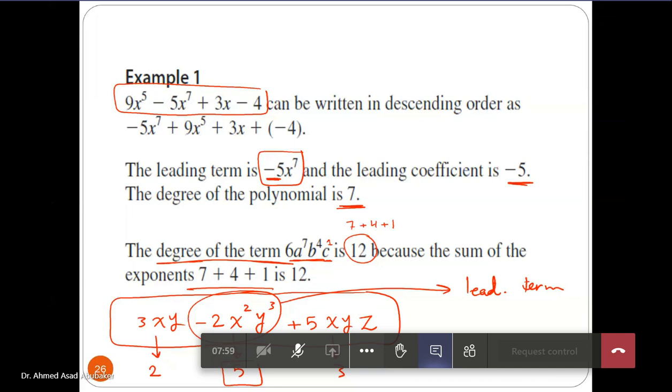And the leading coefficient equals minus 2, negative 2. The degree of the polynomial equals 5. This is the largest degree of the terms. Okay,